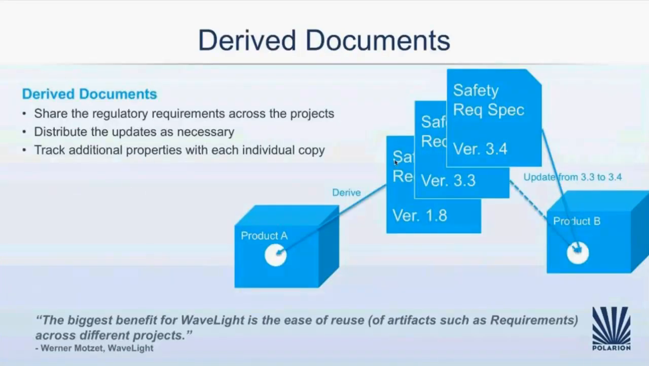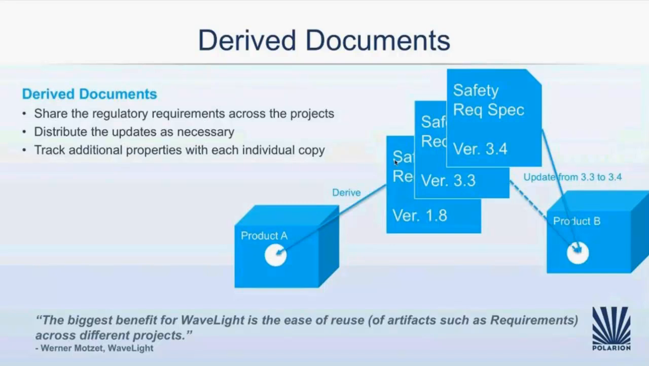For regulatory requirements, we provide technology called derived documents. So just imagine a situation that you have the safety requirement specification. You have different versions. Each year there is a new version published, and you need to distribute the copy around your project, around your product development. And by distribution, we don't just mean that you can copy or make the copy read-only in all the projects. The most important thing about our requirements is that they are rich, that you can track additional metadata with the requirements, such as